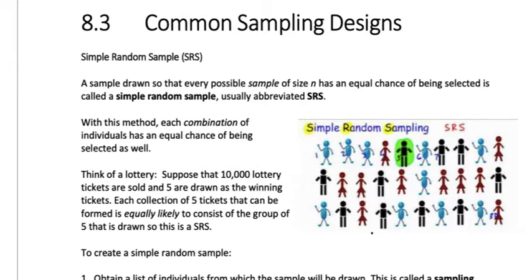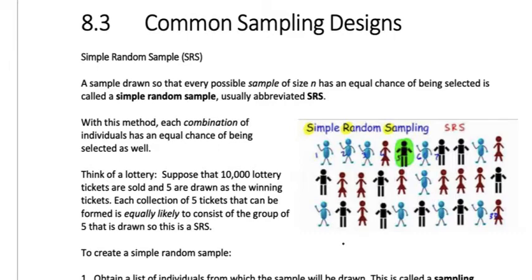But simple random sample, a good way to think of it is putting numbers in a hat and drawing them out. Or you can also use different computer programs to do it, but the idea of randomly drawing numbers and then choosing for your sample who gets picked is probably the best way to think about it. Or like a lottery. You have lottery tickets, and assuming your lottery is legitimate, everyone is equally likely to be